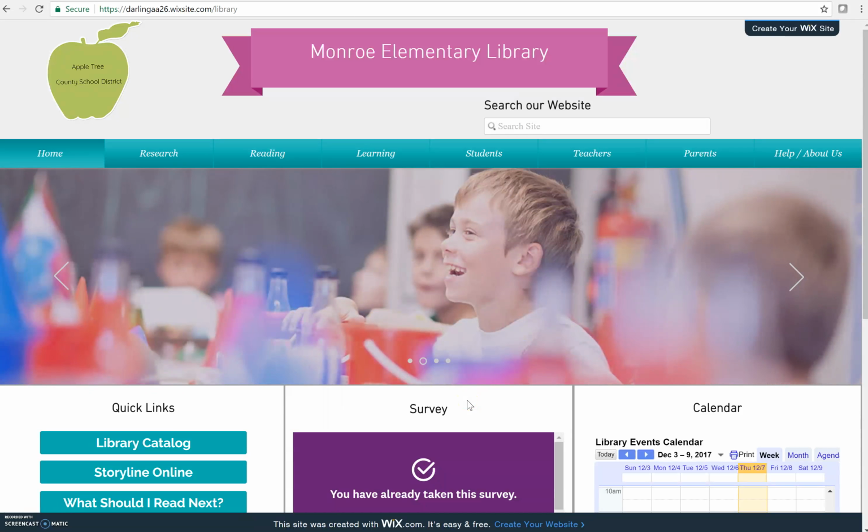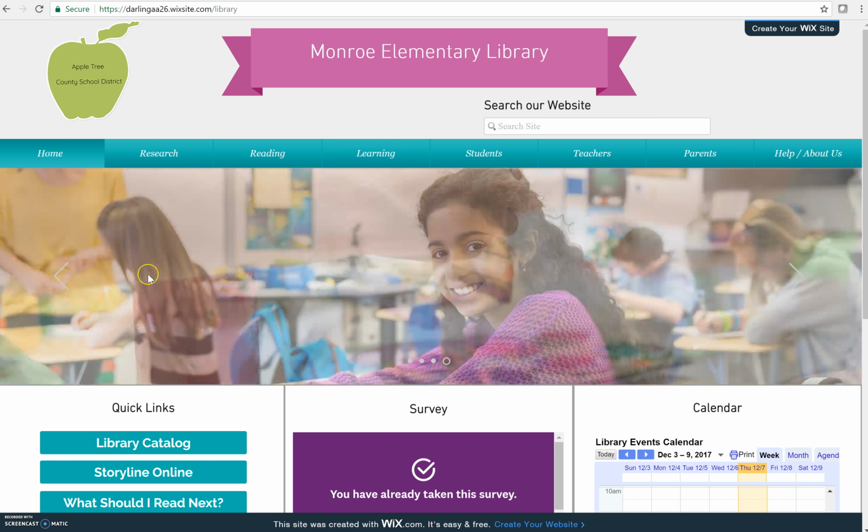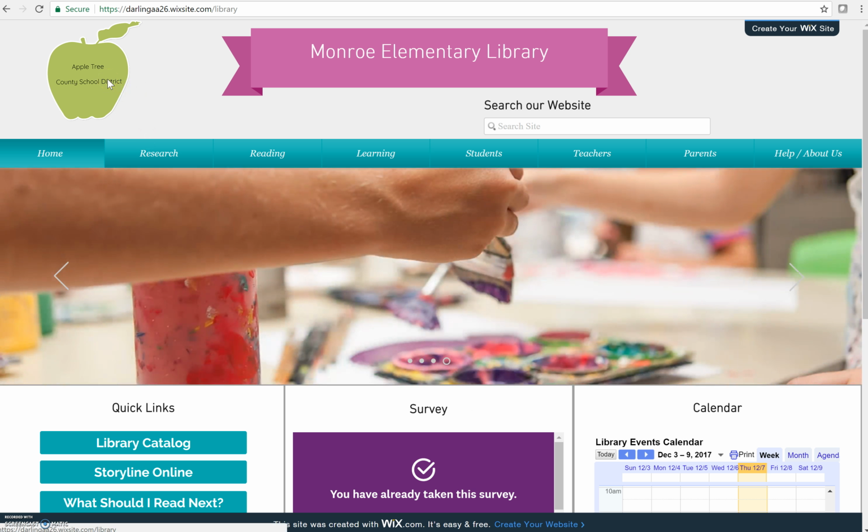This is not a real library page, so it does not actually link to the school district when you click on the apple, but it would in real life. The important parts of this page is this tab right here, which would be changing pictures that are uploaded of the